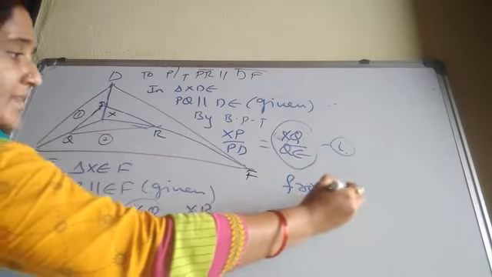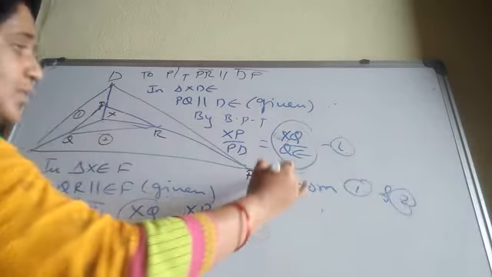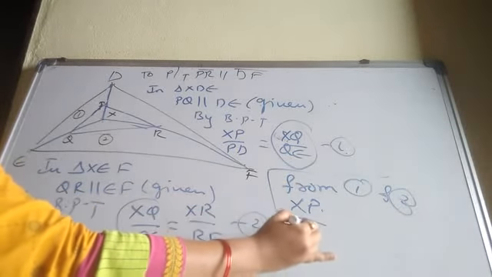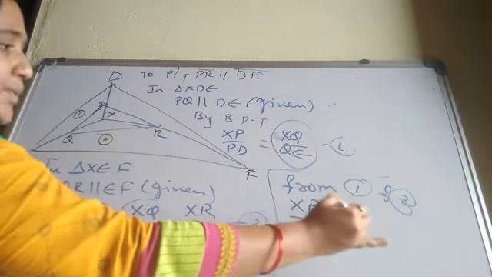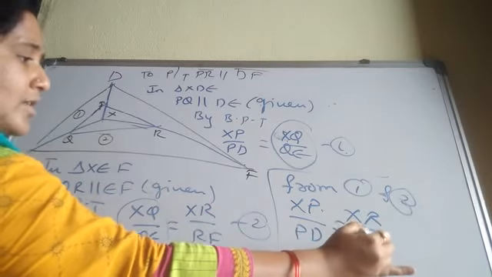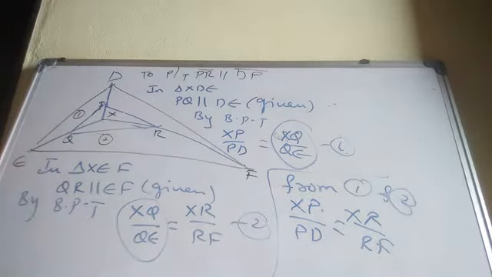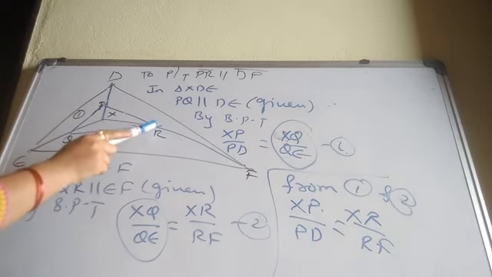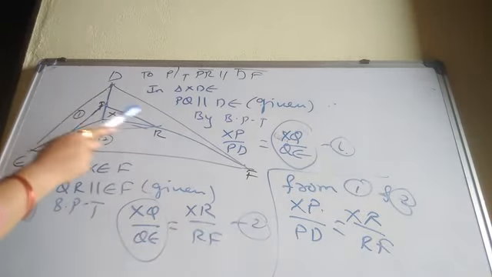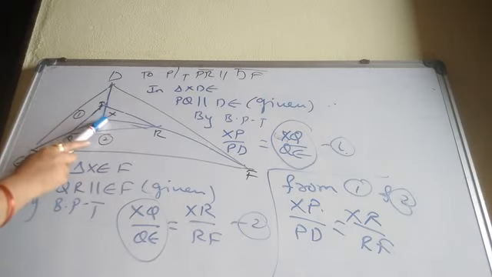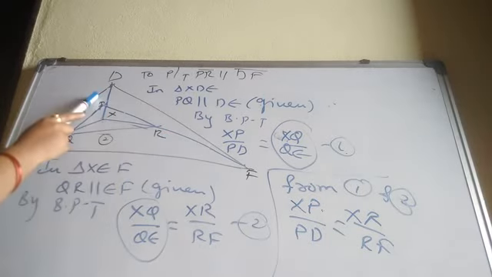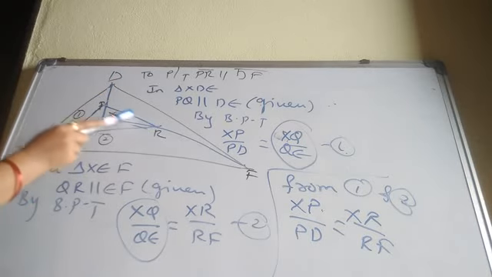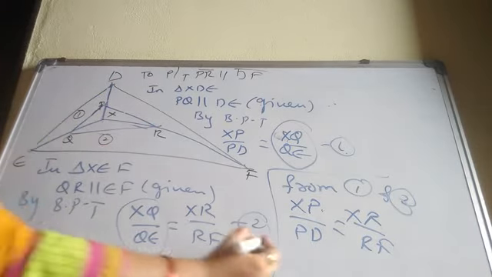From 1 and 2, what? XP upon PD equals XR upon RF. I have shown the remaining two sides. If a line divides the remaining two sides of a triangle in the same proportion, then this line PR is